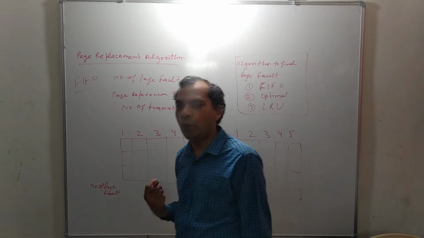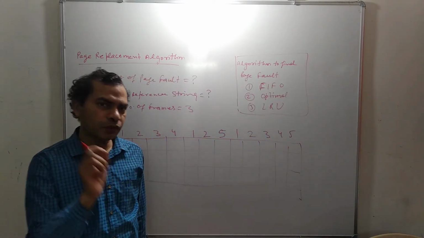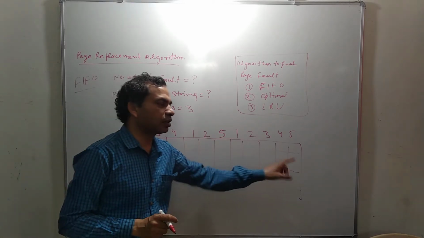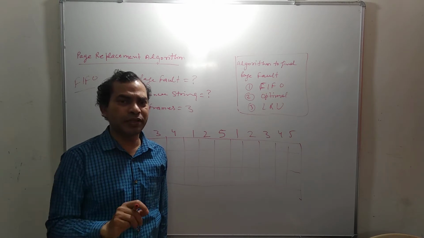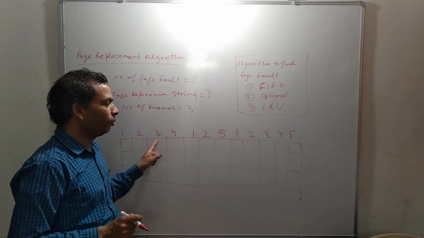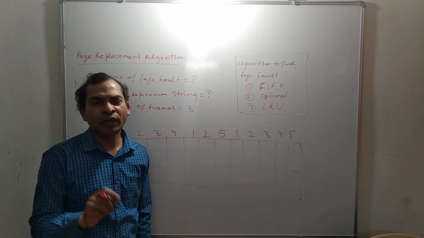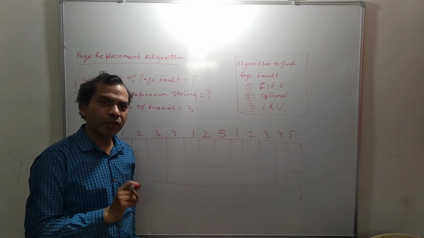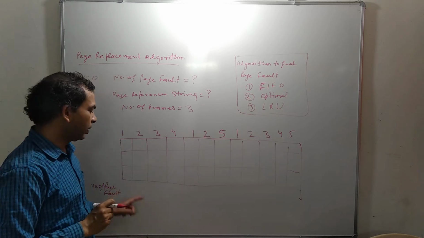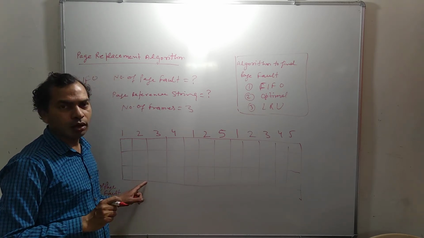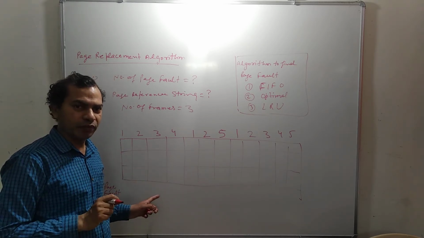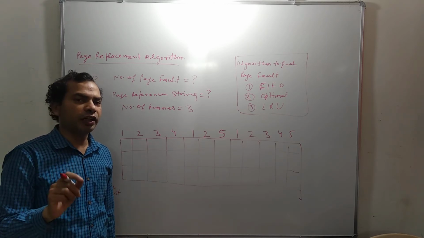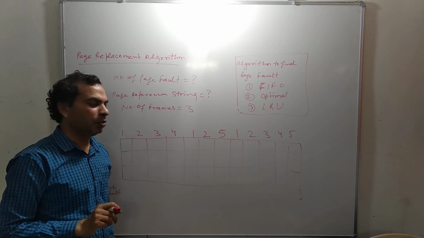And finally, when all the reference string has been processed, meaning all the pages, page number 1, page number 2, page number 3, page number 4, like that, have been processed, we will count the pluses in this record. The number of plus symbols will be the number of page faults whenever we use the FIFO, first in first out page replacement technique.